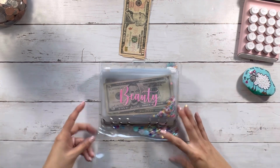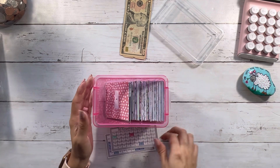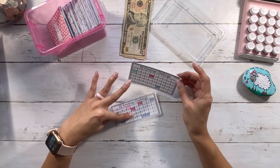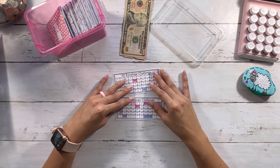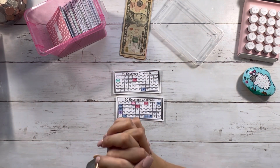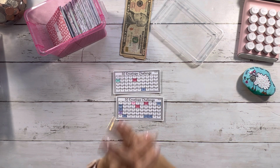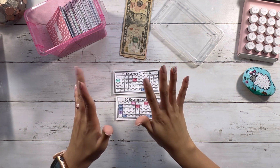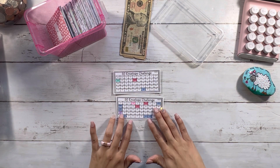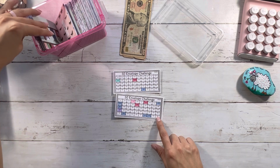All right. And then the last thing that we're going to be doing is our 50-50. What my husband and I decided is that we will not be contributing right now to our birthdays. Our birthdays had just passed in March, and as you had heard me share, our goal is to save for our next home, and we're hoping that we can save $10,000 for that by the end of the year. I know, big goal, but if we're focused, we could do it. So we're going to go ahead and stuff a $20 envelope,